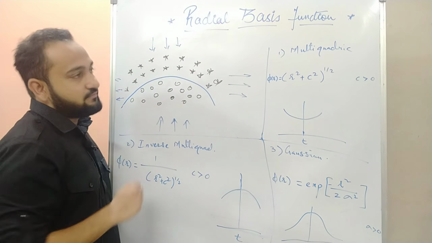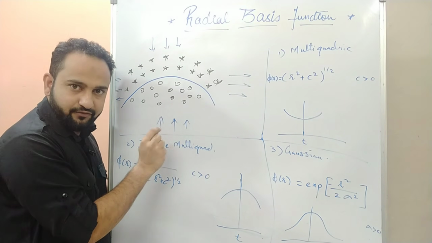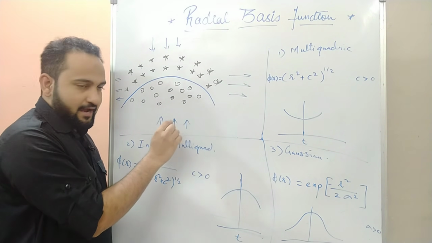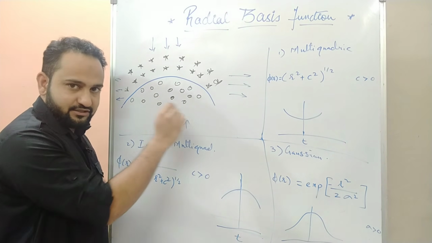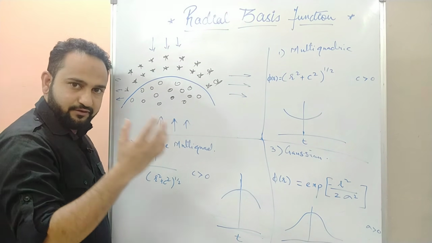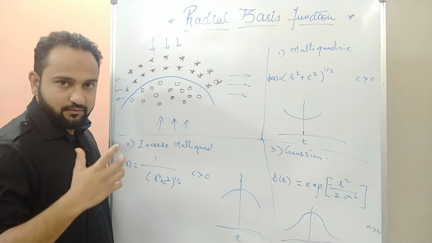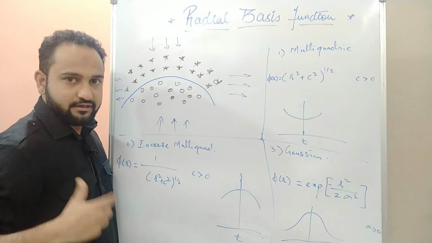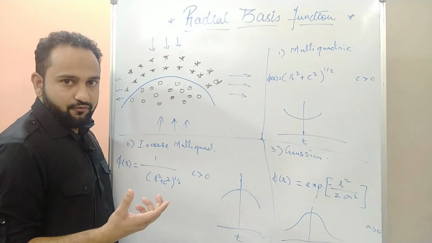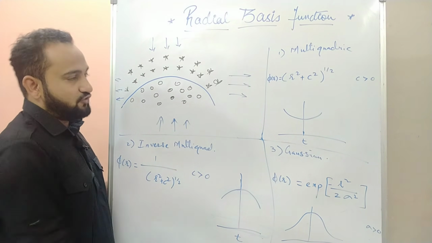Now tell me why the name is radial basis. I told you the explanation of it. With respect to the center, we draw concentric circles, and wherever your data set lies, wherever your point lies, from that point to the center we calculate the distance. So the complete thing depends on the distance, the radius. On the basis of radius we are calculating the things. That's why the name is